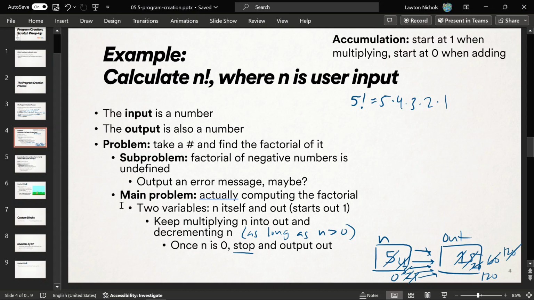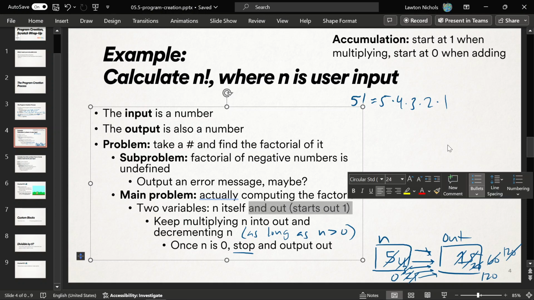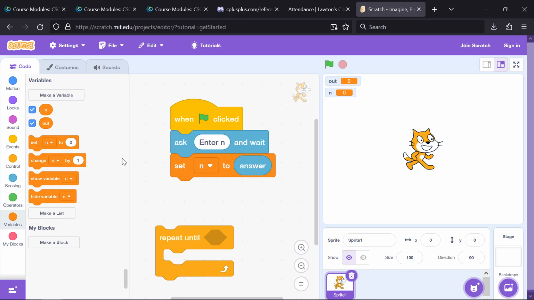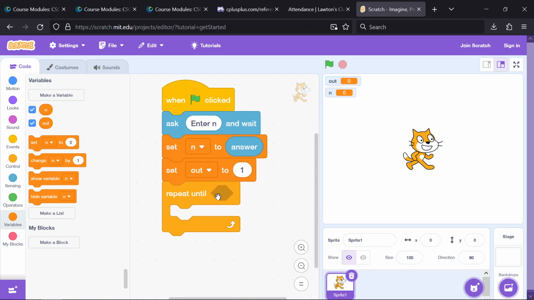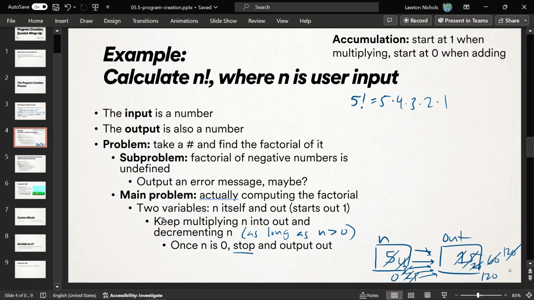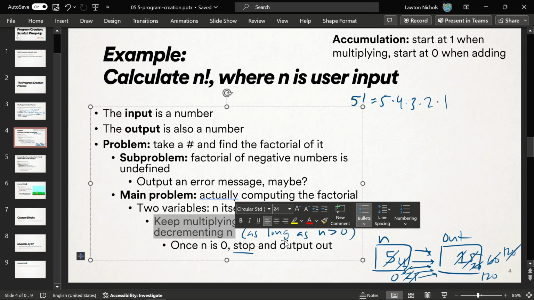And at the very start of the program, I like to start out at 1, and n starts out as whatever the user gave me. So I want to initialize out to 1 before I do anything at all, because I'm going to be multiplying into that out variable. And I better start at something I can multiply into. Okay? So, and then what we do is we repeatedly keep multiplying n into out and decrementing n until n